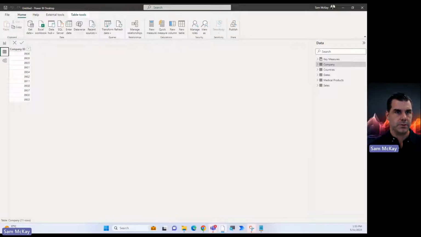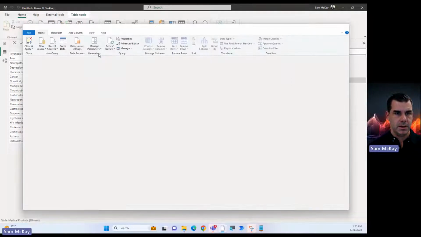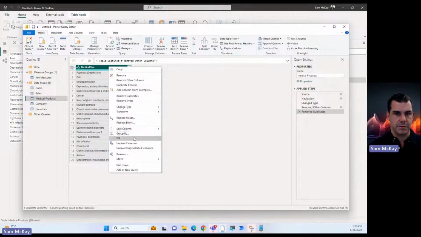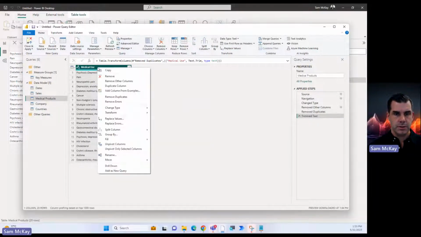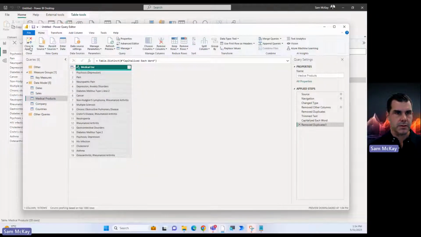I bet you it's because there's gaps or something in the data, or maybe there's duplicates. Okay, so what I need to do is a couple of additional transformations here. We want to first of all trim, and then capitalize each word, and then remove duplicates again. Okay, so that should fix it up.